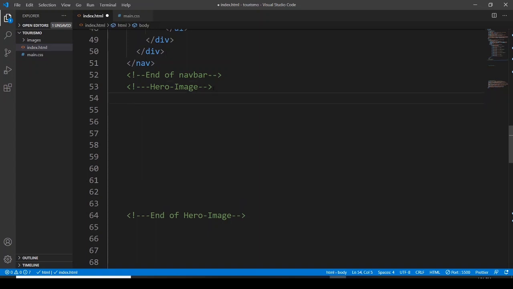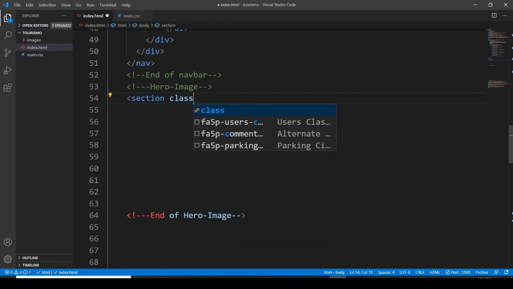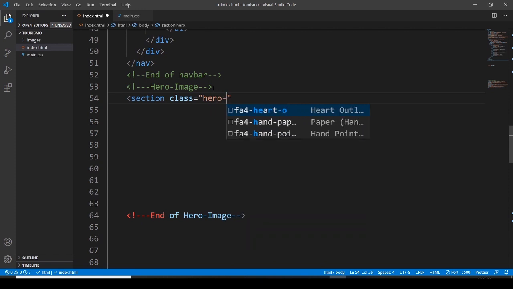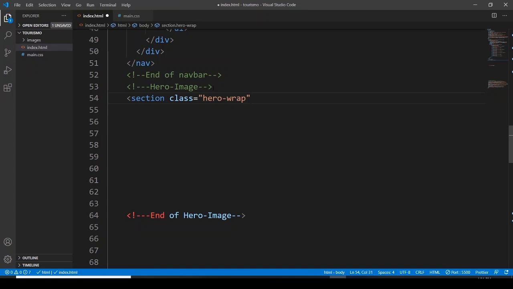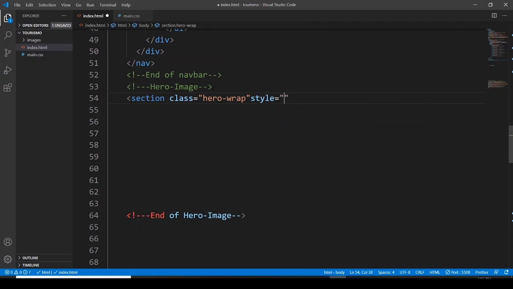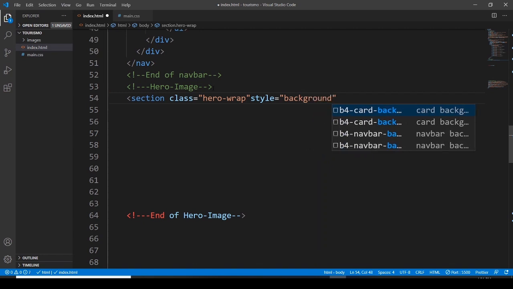And now I want to go with the section element. The class for the section element is going to be hero wrap, and I'm going to use inline styling here. So inline style, I've used this inline style in my previous project also. Background image,